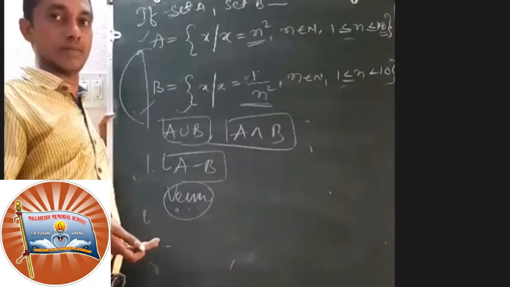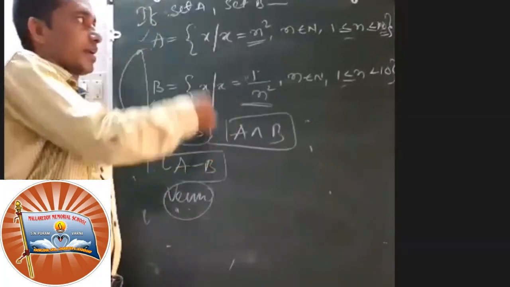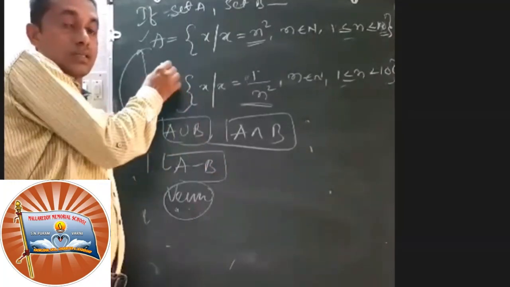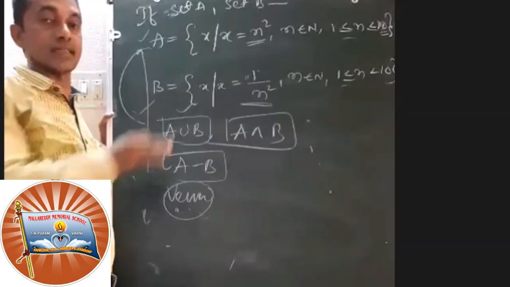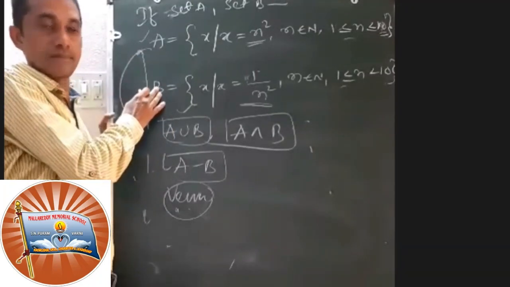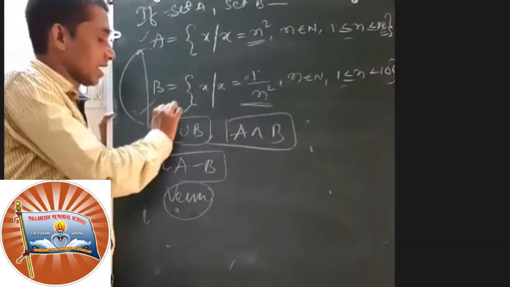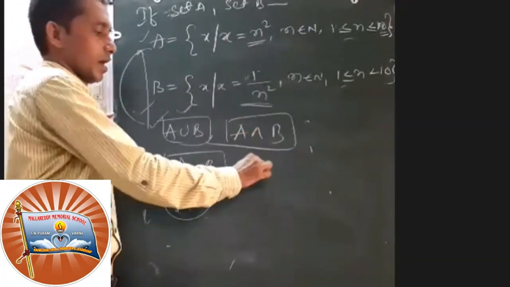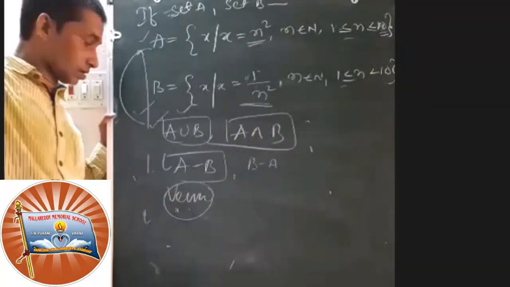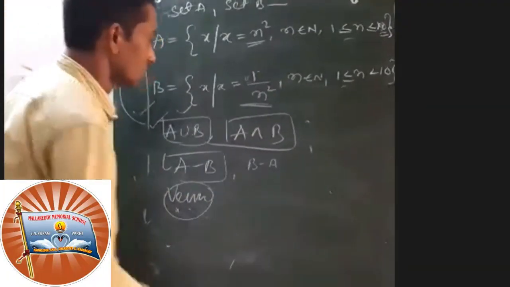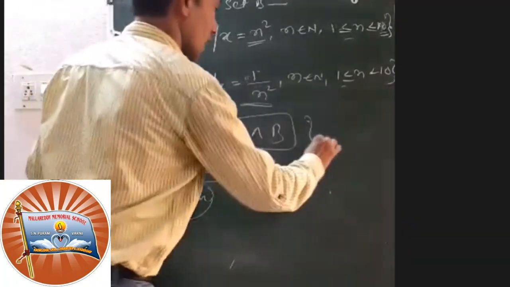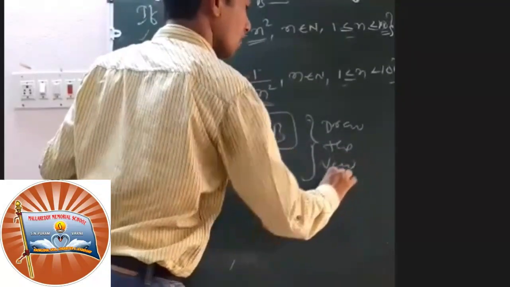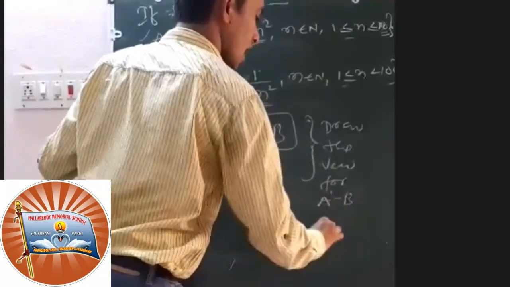Once again, shall I explain? Yeah. So another question, same concept. The questions will be like this. Whatever question you come across in sets, almost all will be in a similar form. One question will be like find the A union B, find the A intersection B, find the A minus B, or B minus A. Then they will ask to draw the Venn diagram for A minus B and B minus A also.